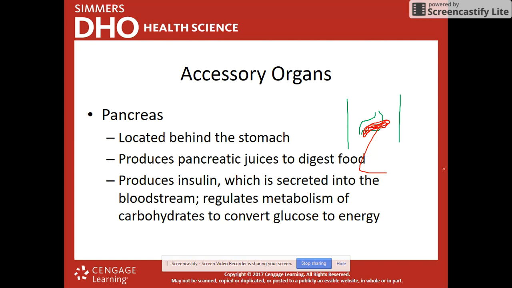So it's just going to regulate how glucose is broken down so that our body can use it as energy as needed. So those are the accessory organs that go with the main